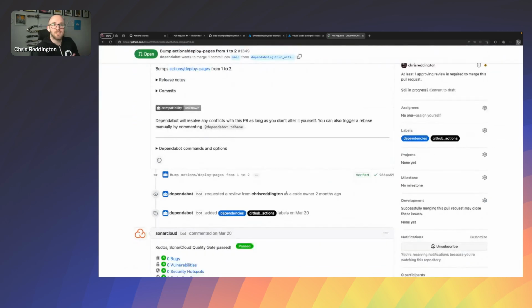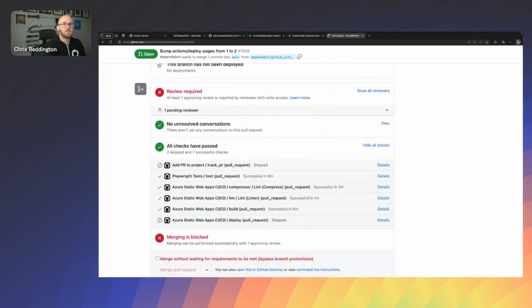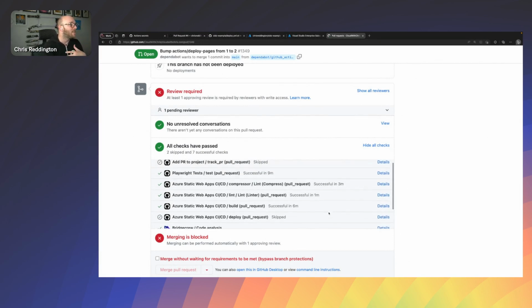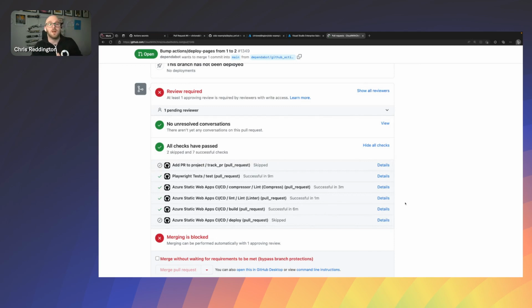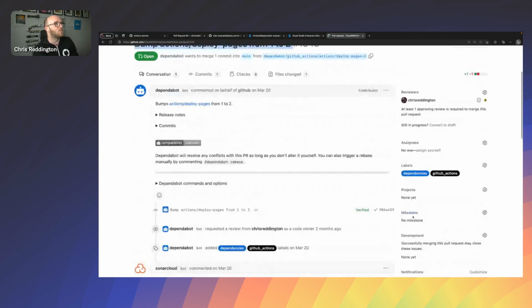And the beauty of it being raised as a pull request is the fact that it's a pull request just like anything else. So I can go and verify that everything still builds correctly, everything still runs correctly, and everything looks good to me. So as a result, I can go ahead, review those changes and say, yeah, we're going to go and merge that. Now, of course, again, I need one approve and review on this. So maybe I would go and approve that, go and accept those changes and merge that then into my main